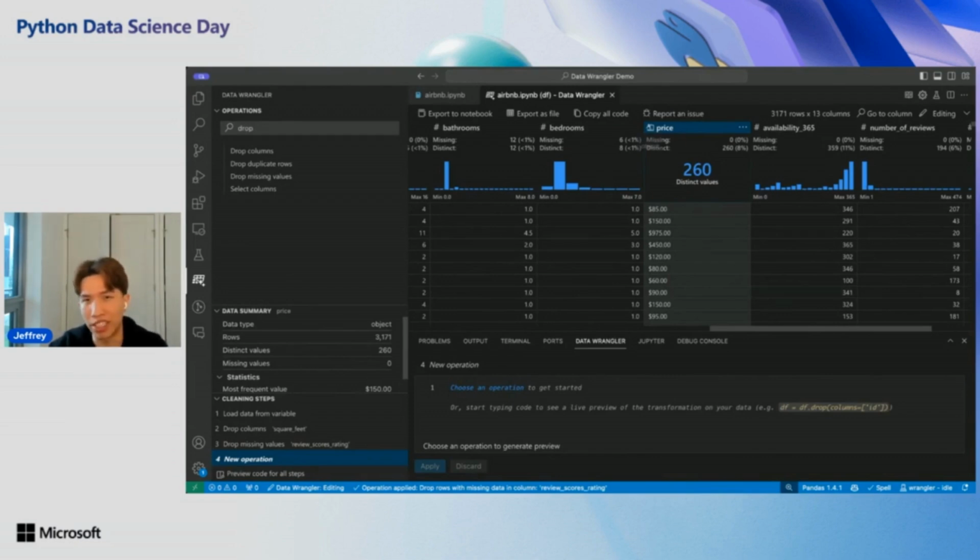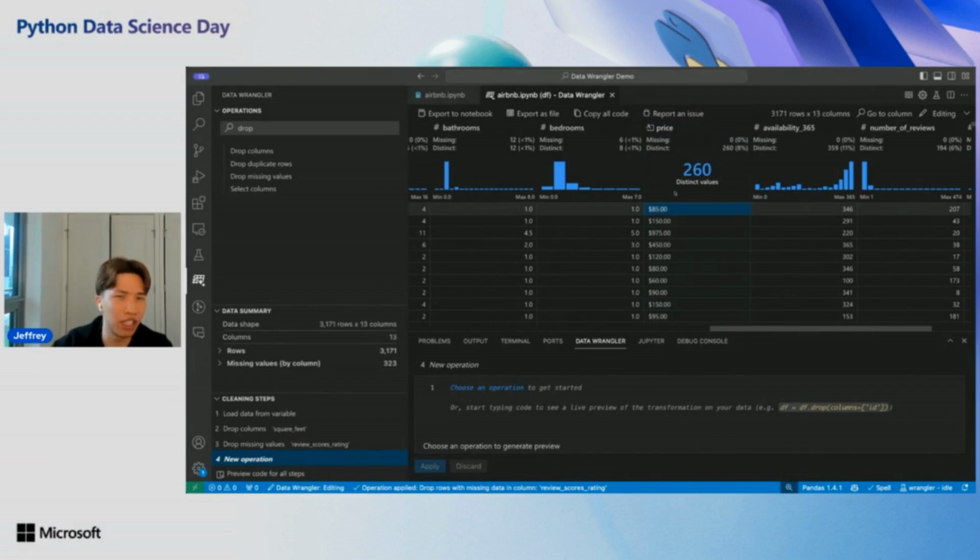One thing we'll notice is that price is actually an object, and this is likely because you'll see there's a $ here, there's also dots here, so it's not fully represented as a number. Which is also why we're not getting this histogram. So we'll want to convert this from a human readable price to something that's more machine readable, just a raw value. Typically, if you're doing this outside Data Wrangler, you probably have to write some code to figure